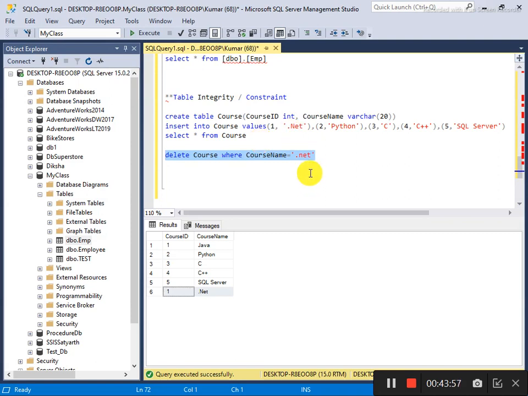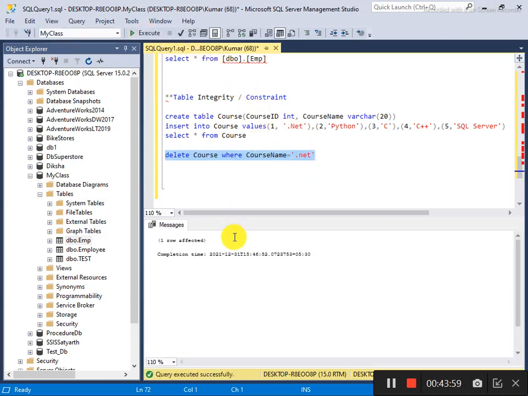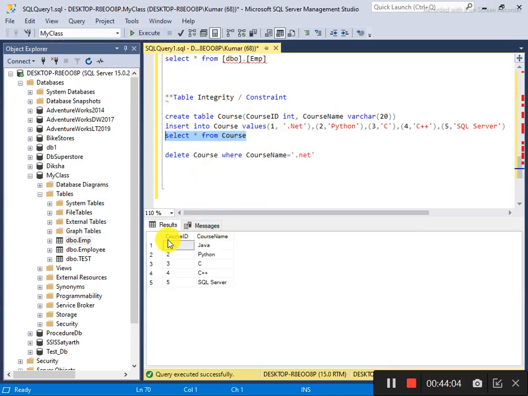So I already said that it's not case sensitive, so now I have deleted it successfully. So there are two things. Firstly, I am going to talk about the primary key. A primary key can be added at the start of the table when you are creating it, but the thing is that